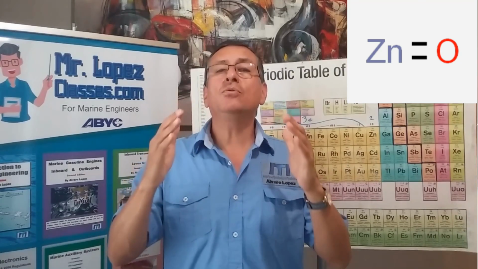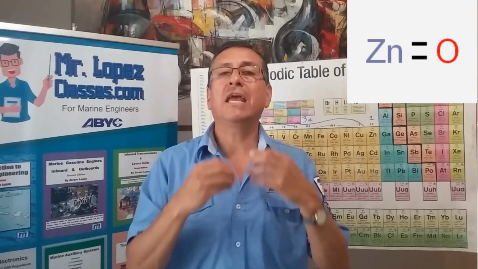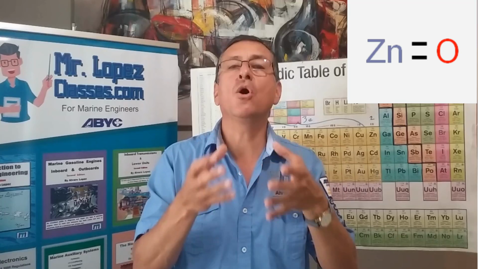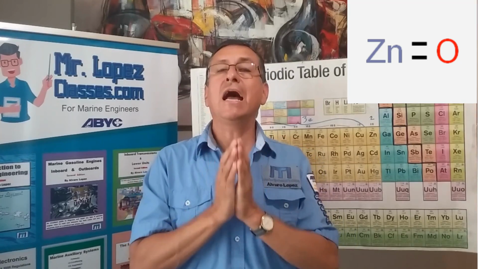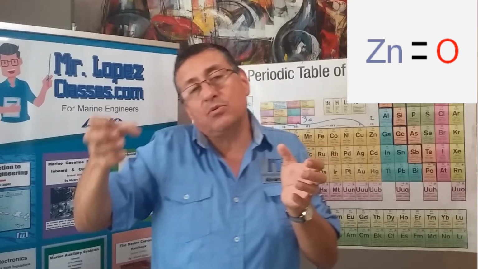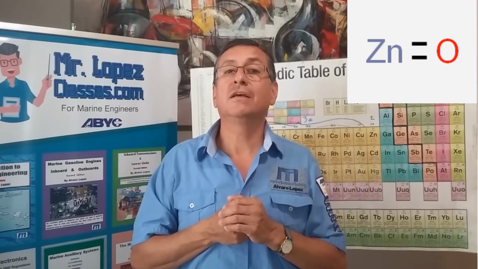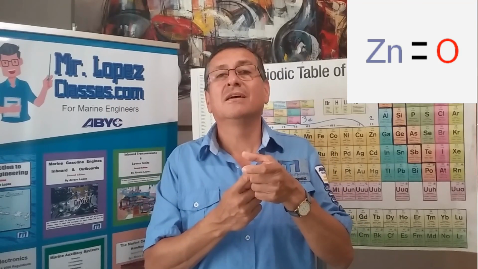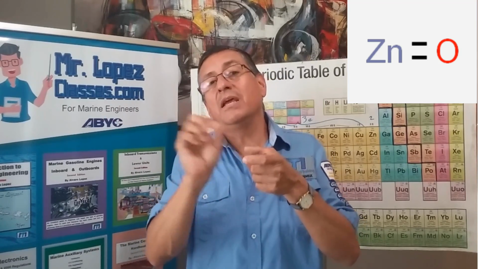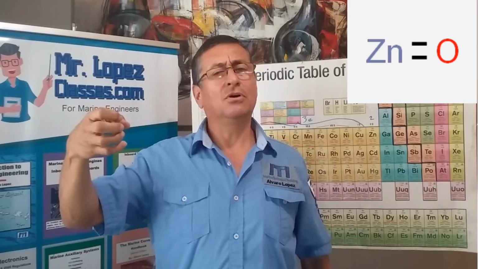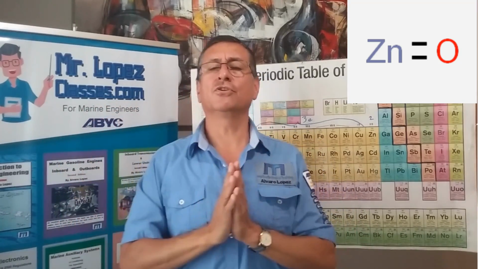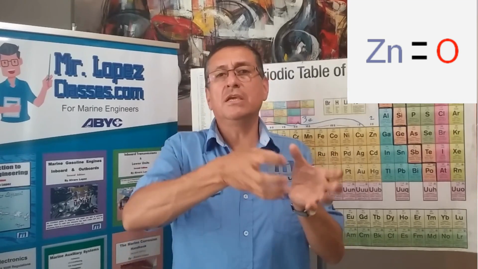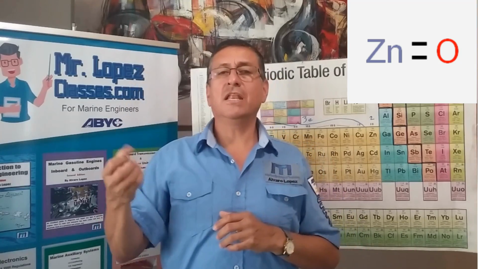Okay, the anode is the sacrificial anode because each time it releases electrons, it becomes more positive and it will be eroded. Don't forget that. The anode is the positive terminal and the cathode is the negative. You remember when I explained the batteries? The positive terminal of the battery at the end of the year is completely eroded because it is constantly releasing electrons. And the cathode, which only receives, is in perfect condition. Okay? Don't forget, the anode is the donor and the cathode is the absorber. The cathode is the negative and the